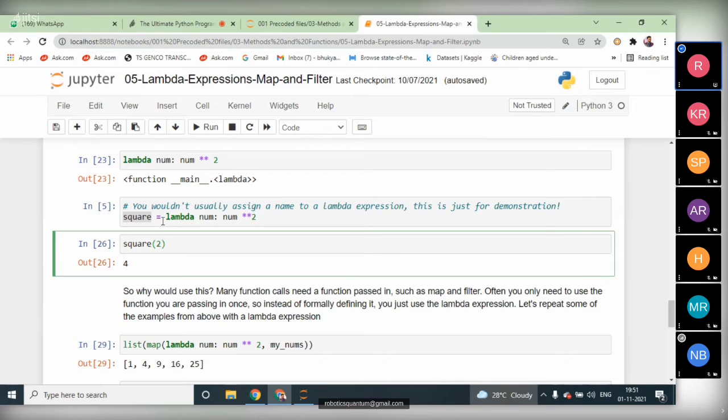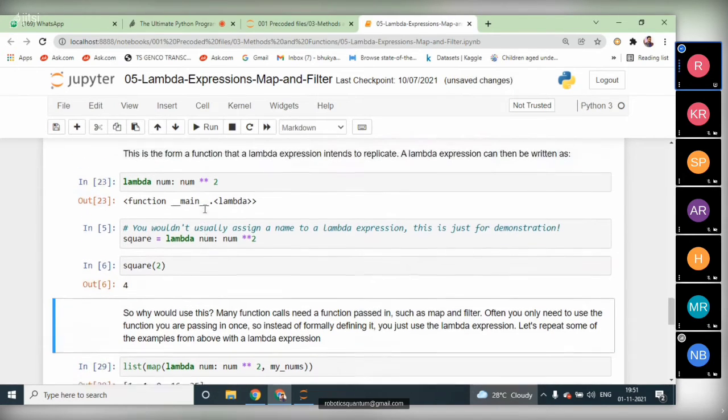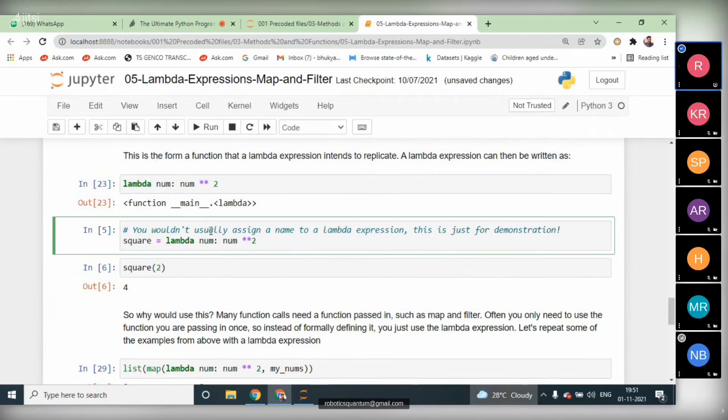Okay, this is the way of getting a lambda function. Where will you see a lambda function? You don't want to keep a name for the function. If you want to execute some operation anonymously, we must go with that lambda function. There is no need of defining a function name.